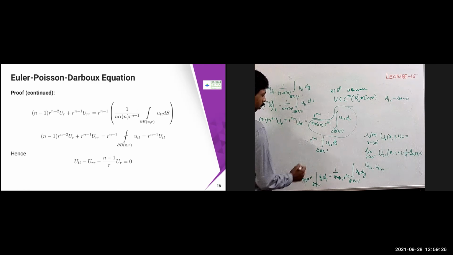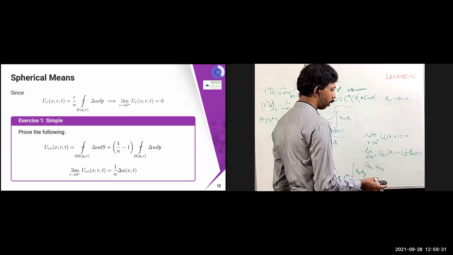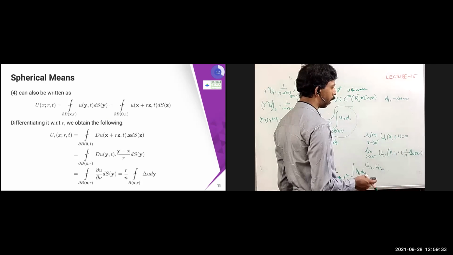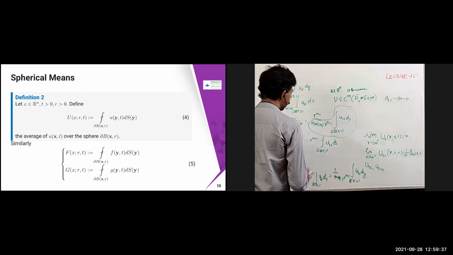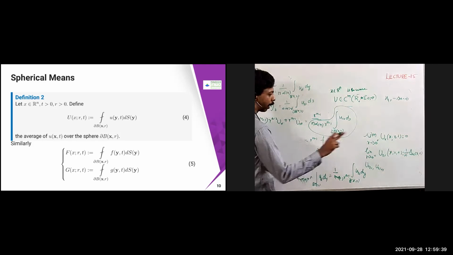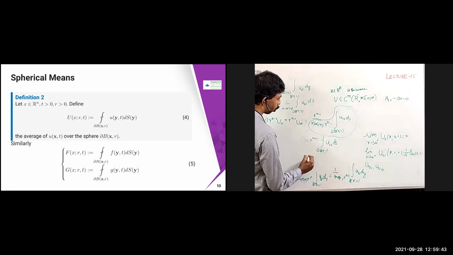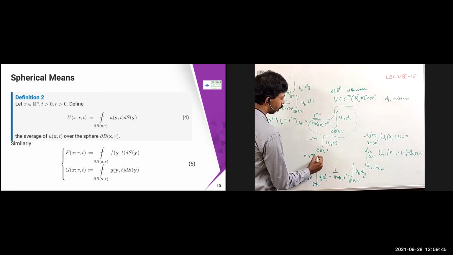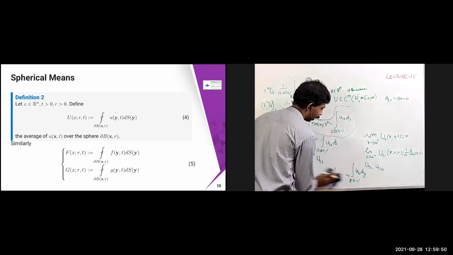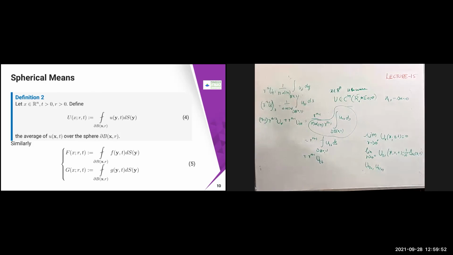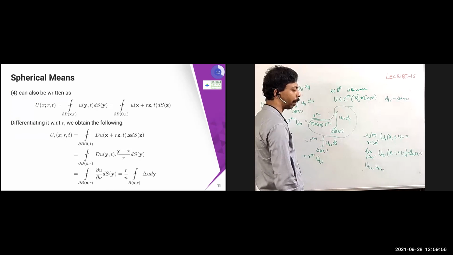So this one, as per the definition of u of x comma r comma t, using this one, what can I write? If it is u, I will get capital U. Here UTT is going to be that, therefore this is going to become R power n minus 1 into capital UTT. Using 4 I can get this one. Wherever u is there, you will get capital U. Since UTT is there, it is going to become capital UTT.